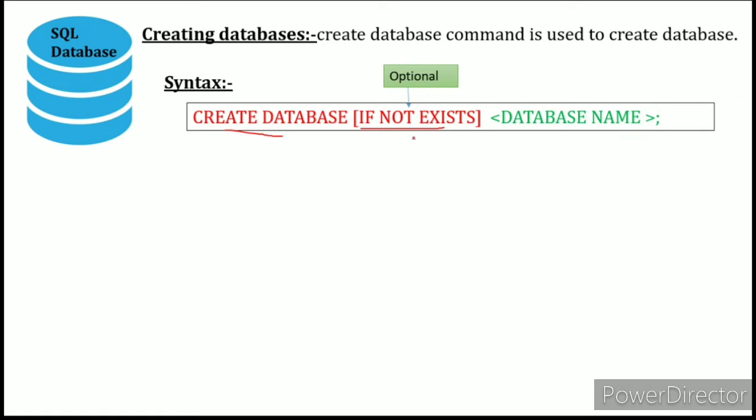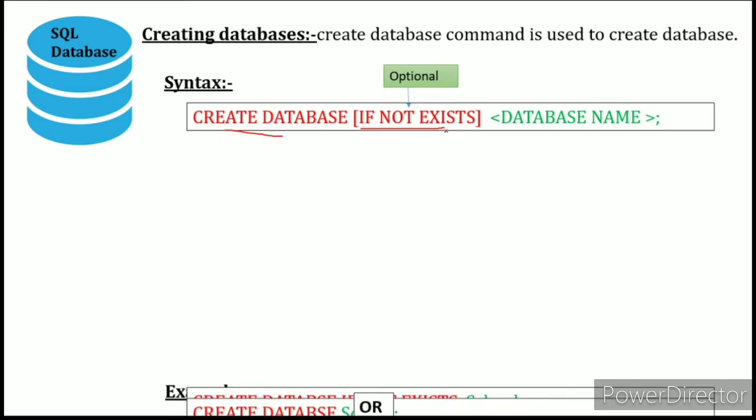In these keywords, if not exists is an optional argument. Either you can use it or ignore it. If it is used, then it will first check whether a database by the mentioned name already exists or not. If it does, then the create database command is simply ignored. Otherwise, a database with the mentioned name is created.